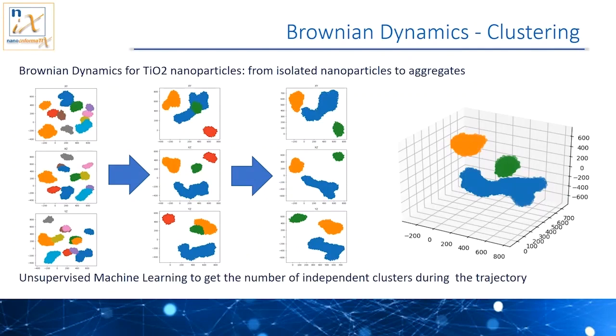The very first thing to do is to find a way to identify clusters during the trajectory. We employed the unsupervised machine learning algorithm called dbScan to divide the nanoparticles into clusters based on a distance criterion. Over other unsupervised algorithms, dbScan has the advantage of not requiring the knowledge of cluster number a priori. Instead, it is able to divide the particles into clusters based on a pure distance criterion. Of course, the hyperparameters must be tuned to get the desired information on clusters. This is done using a trial and error method, basically running the algorithm with different hyperparameters and visualizing the output